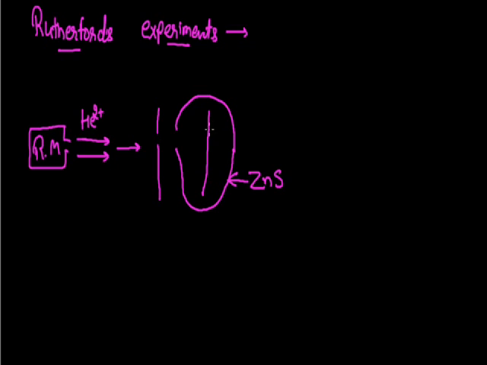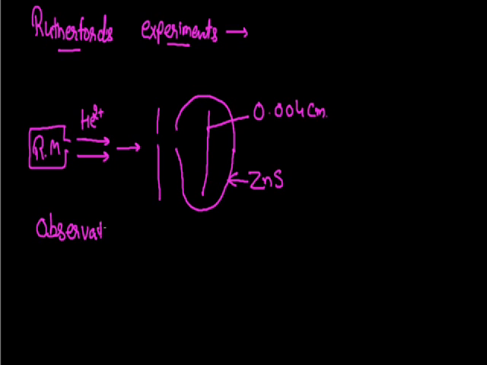For his experiment, he used a very thin gold foil, and the thickness of this gold foil was approximately 0.004 centimeter. So he tried to pass the alpha particles through this thin gold foil, and then he observed the behavior of the alpha particles. The behavior he found, he noted as his observations.